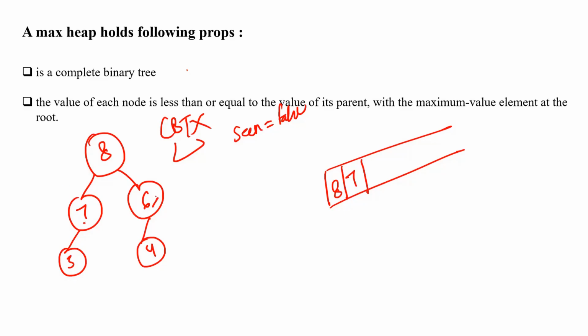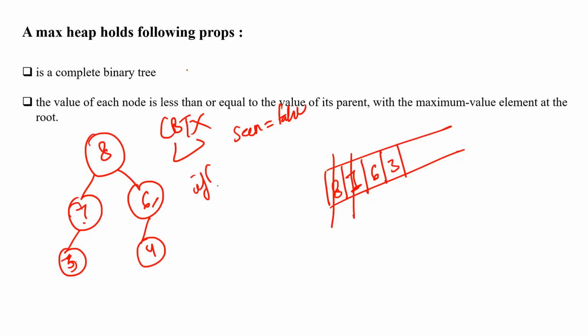Then we have right child as well. So we're going to check for the right child that it should be lesser than that of parent. So yes, it is. We're going to push this as well. Now let's remove it. So now we have this 7 to process, right? So for 7, if you will see that it has a left child, yes, it has. So what we're going to do is we'll be checking the condition. So yes, 3 is lesser than that of 7. So that is fine. Let's push this to a queue. Remove it. And it does not have the right child, right? It does not have the right child.